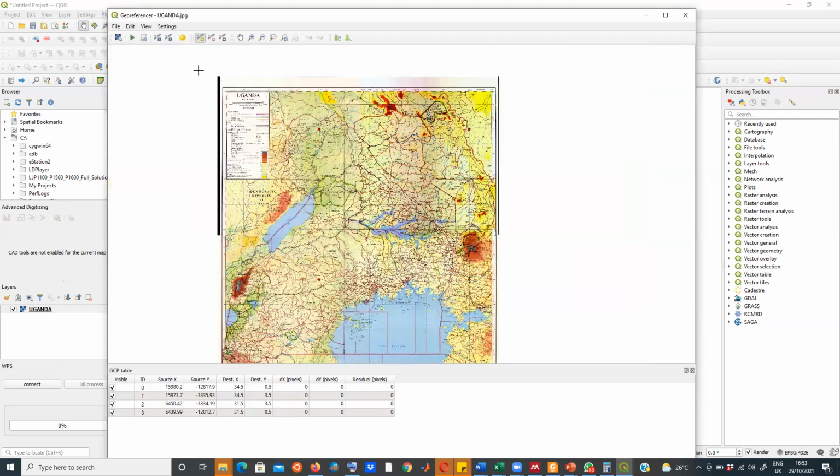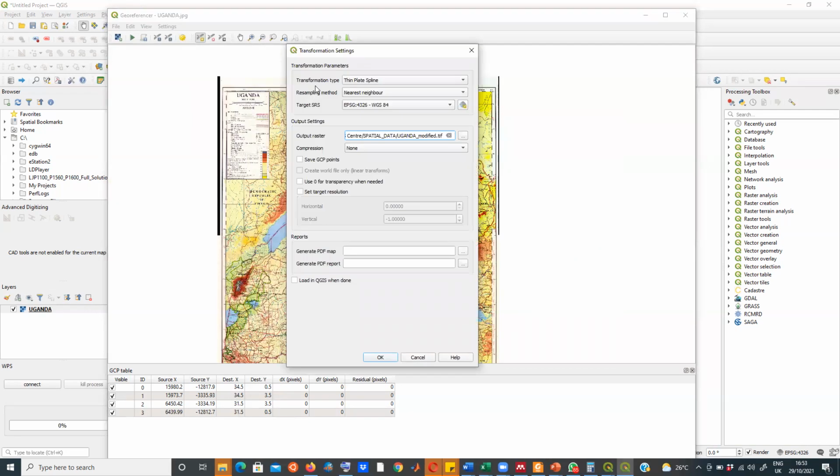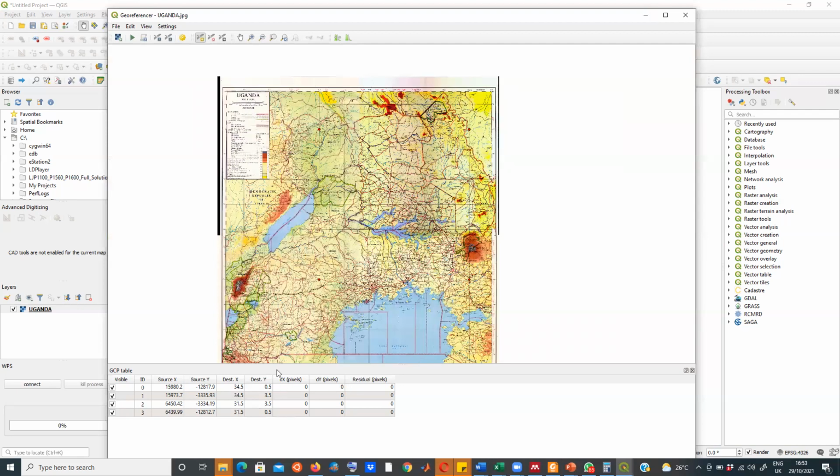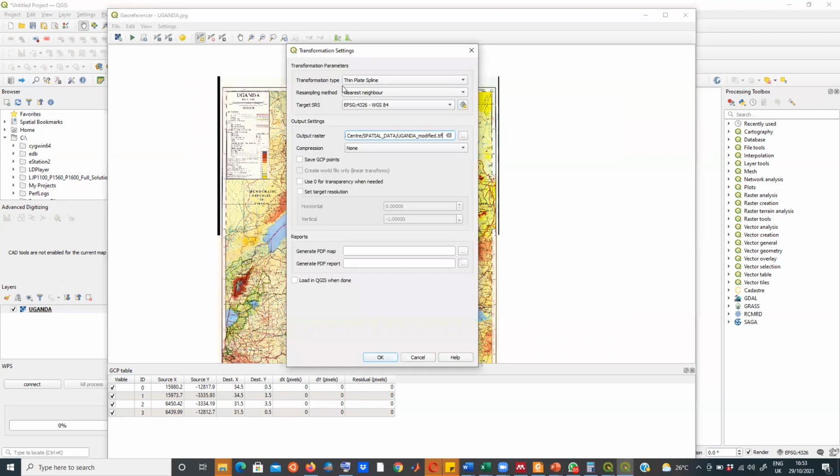So after finishing there, I now come to make the settings of how I want to do the projection. So there are types of transformation. Now, what has happened here, if I may cancel this a bit, is that I have picked points on the map. The coordinates are not known by the system, but on the map, they are labeled. So me as a person, I'm telling the system that where I've picked, these are the right coordinates. Can you please readjust and compute every pixel so that it's a correct coordinate system? But what parameters will it use? So the transform parameters,